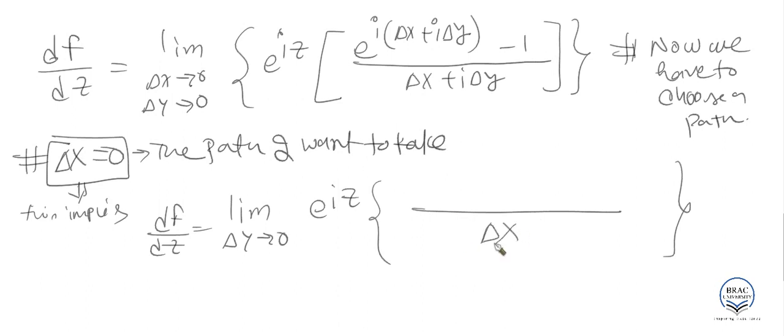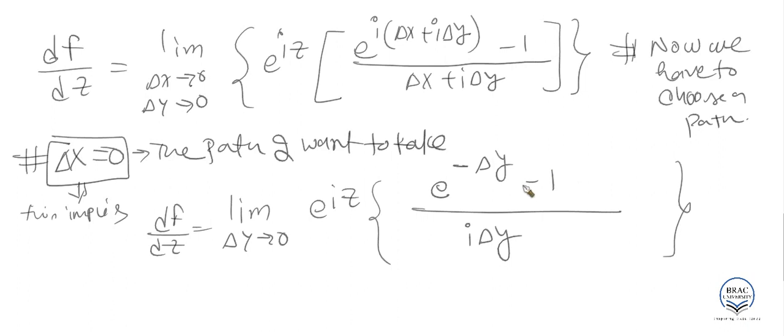This will be del x over, oh sorry, not del x, because we are taking del x to be 0, so we'll just put 0 over here instead of del x. So this will be just i del y, right? And here del x will be 0, and this i and this i will multiply, and that will be i square, which is just minus 1. Del x is 0, so you have e to the power minus del y